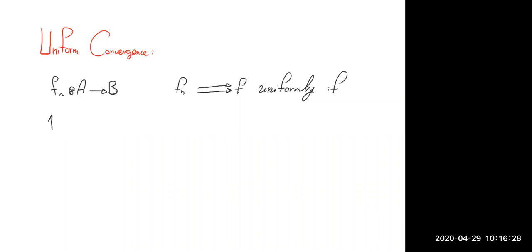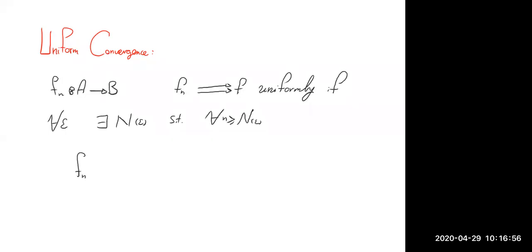So again, suppose we have a sequence of functions fn defined from a set A to another set B. We say fn converges to f uniformly if for any epsilon there is a natural number n, where this number depends on epsilon, such that for all natural numbers n greater or equal than that,